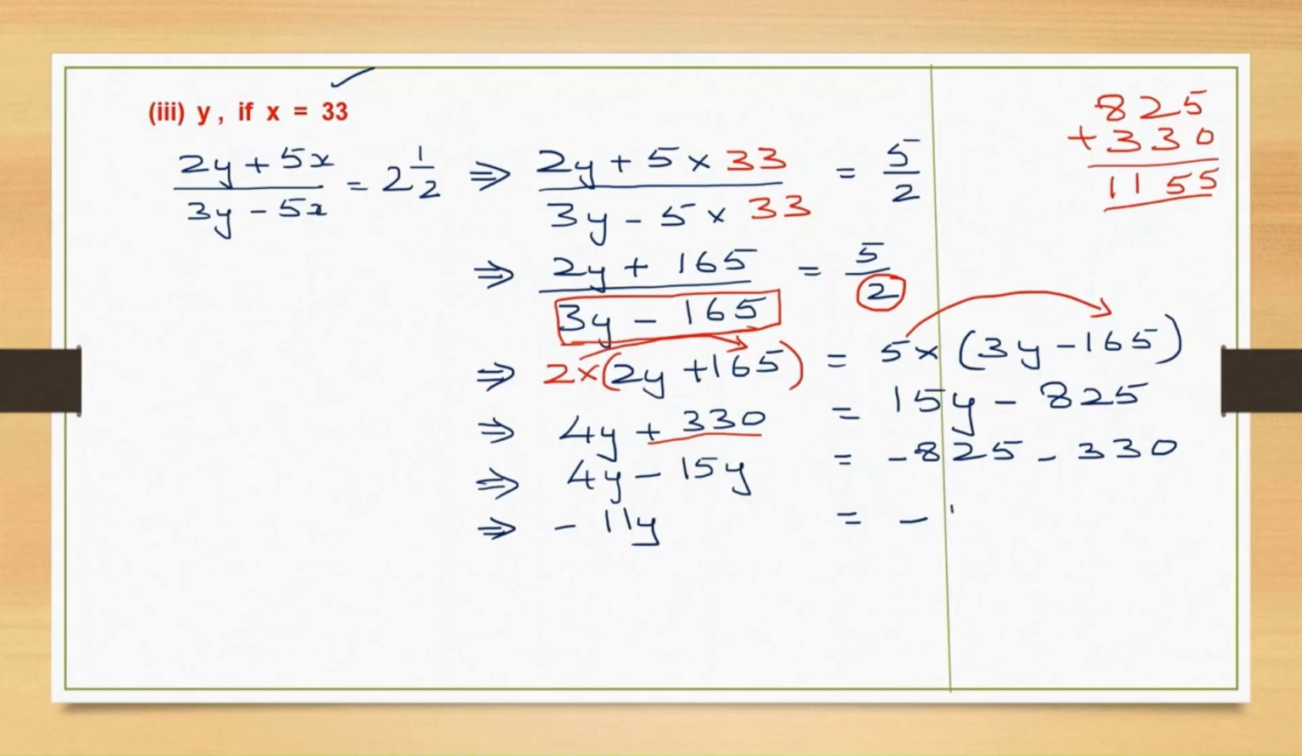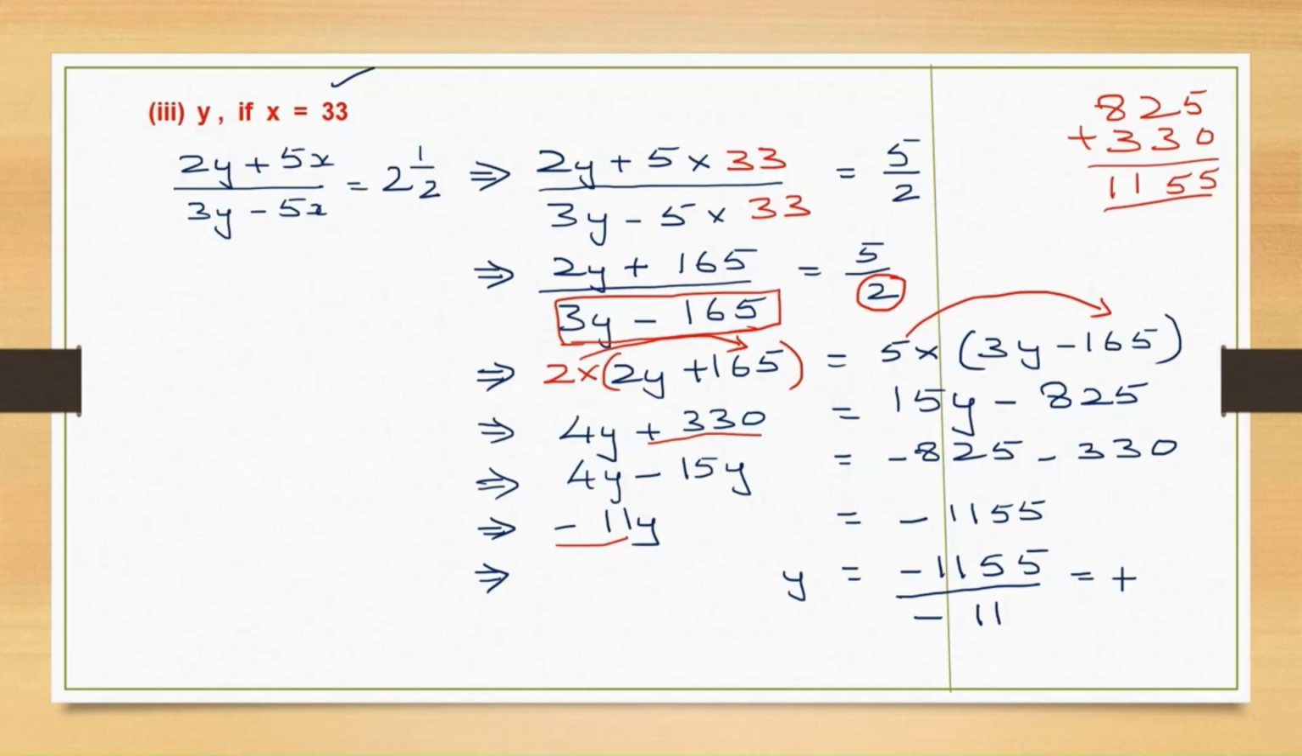So let's write it down, 1155. Now to find the value of y, we should write y is equal to minus 1155, and we are going to transpose minus 11 to the right hand side. It is multiplication here, so it becomes division. So divided by minus 11. So now we have to divide these two numbers. Now minus into minus is plus. So the sign is plus. Now let's divide